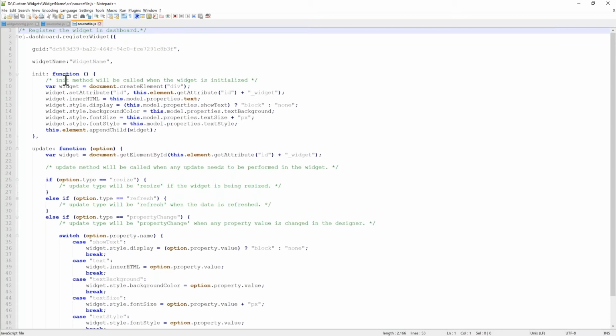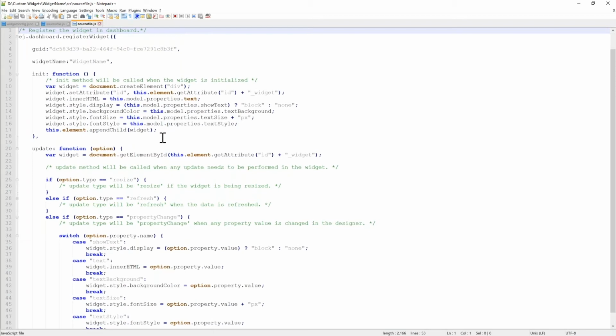And you need to implement this method, and this method will provide you all the details or all the objects for you to render the widget. So the this.element is the container for you to render the widget within the container, and you'll be able to get the size of the container from here. And this.model will provide you all the details like the bound columns, the data in the form of a collection, and the various properties that you have configured, everything will be written here, and you can make use of it to render the widget.